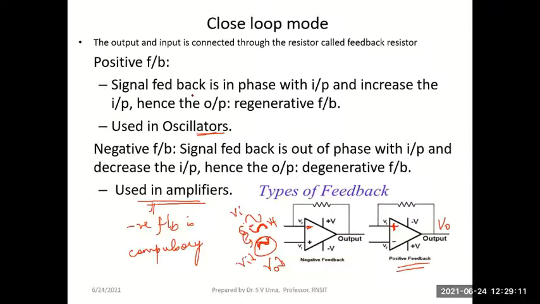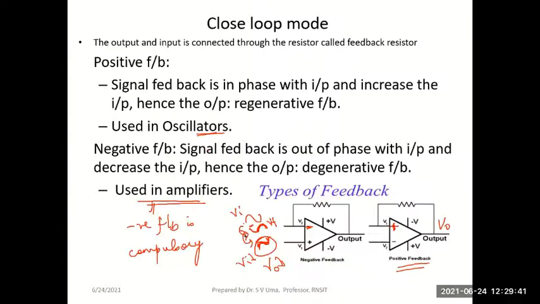Okay. So that is positive feedback. It's also known as regenerative feedback. And that is the common principle used in oscillator circuits. Oscillators will work only when we give positive feedback. And the simple reason is that the oscillations will start at very low voltages and they have to be amplified many times. So positive feedback will help us to increase the magnitude and amplify.